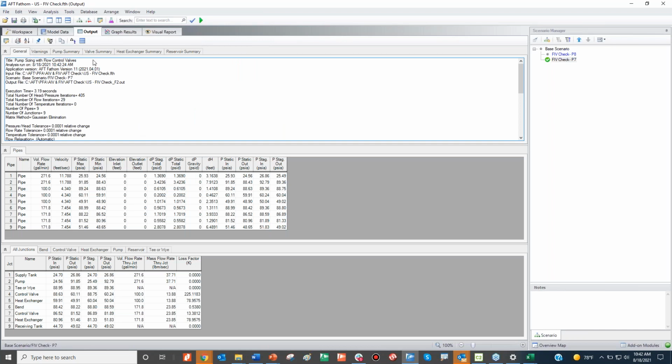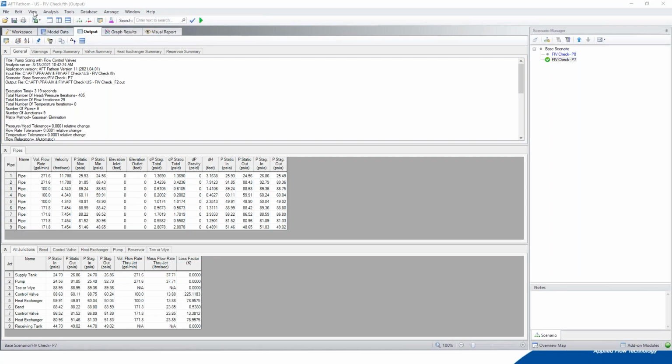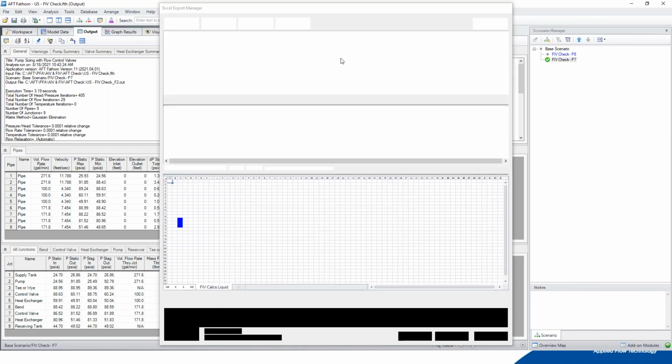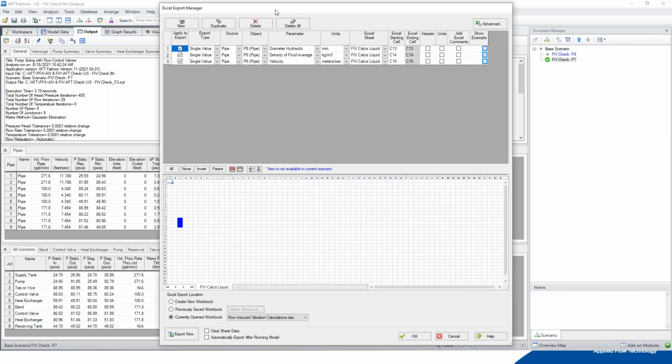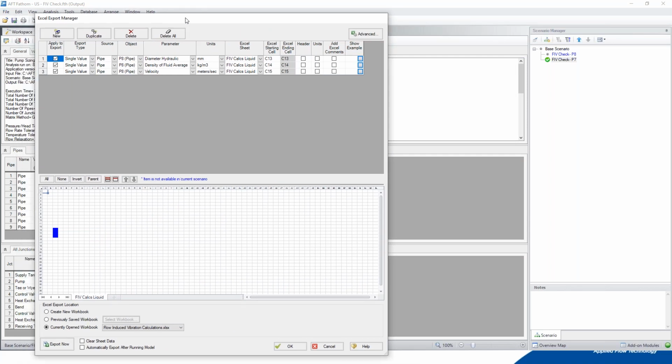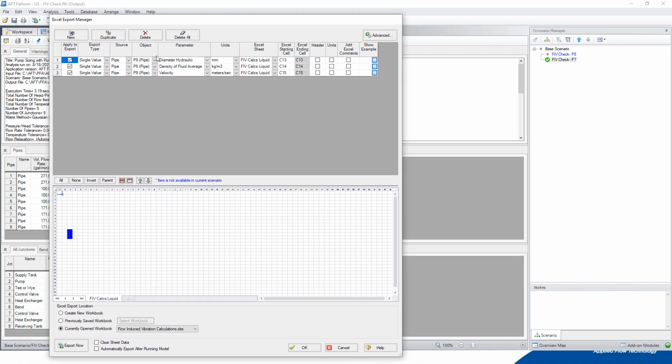Now we come here and we open the spreadsheet. We select pipe 7 because it's the one that we're going to change.